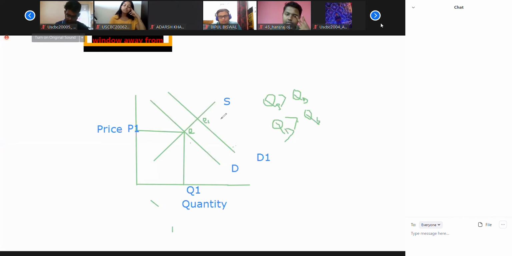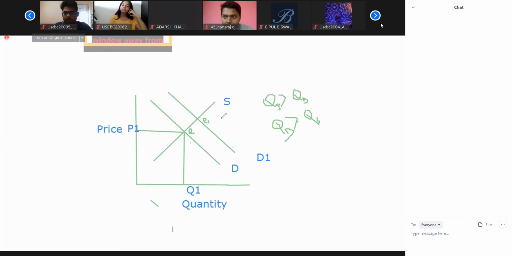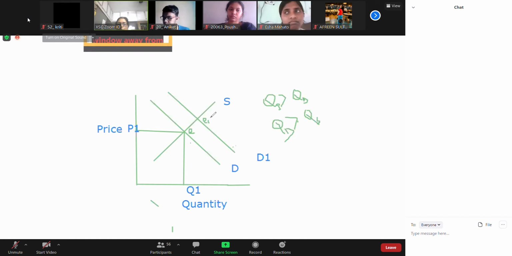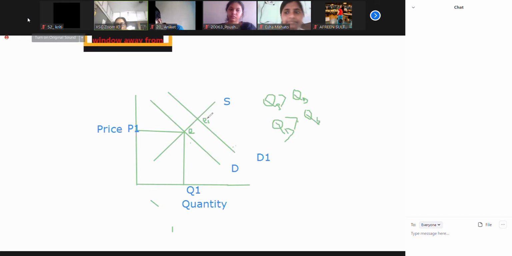Now, the endogenous variables were price and quantity. The exogenous variable was income. Income was given, and accordingly we found the equilibrium price and quantity. Now income has changed, so the exogenous variable has changed, and when the exogenous variable changes, that also has an impact on the endogenous variable. The demand curve will shift to the right, and the new equilibrium will shift from E to E1.